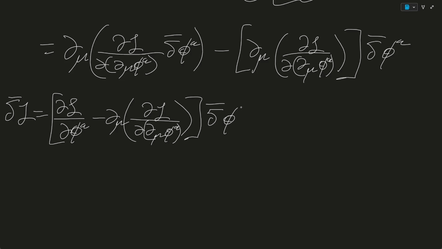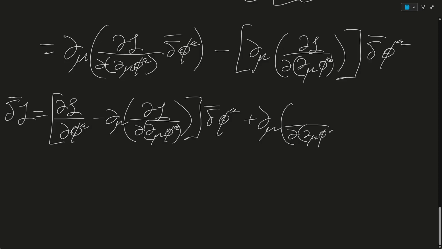That, and then phi of A plus our derivative with respect to mu of that same phi to the A, and then it's dL, and then